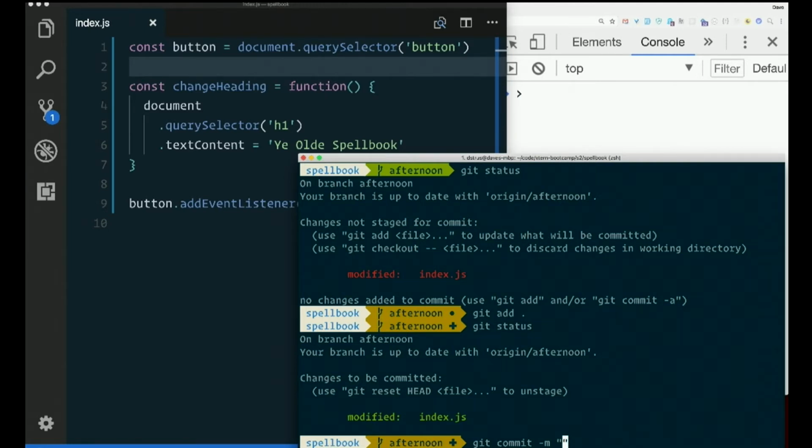We like good commit messages around here. Please don't just write update or changes. Please. I'm asking nicely. Please don't do that. Let's write good commit messages, and let's write them early and often. So